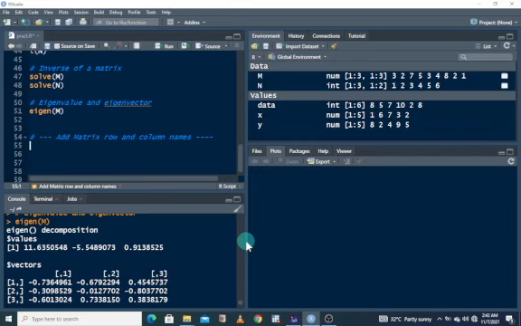Assuming we want to start with column names, let's say set column names. So how do we do this? We use the colnames function, right? We already have the matrix created, so I want to give a name to it. Let's say